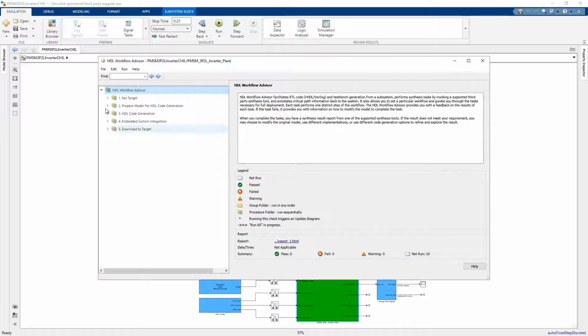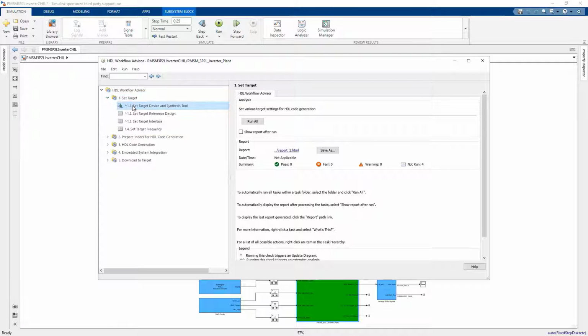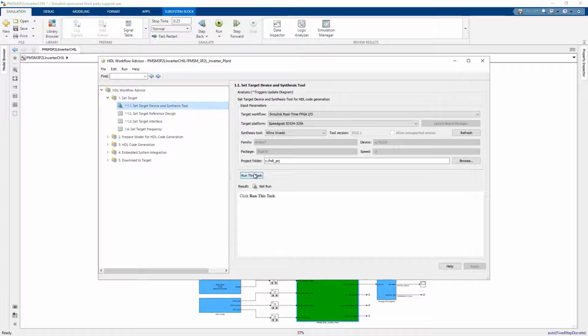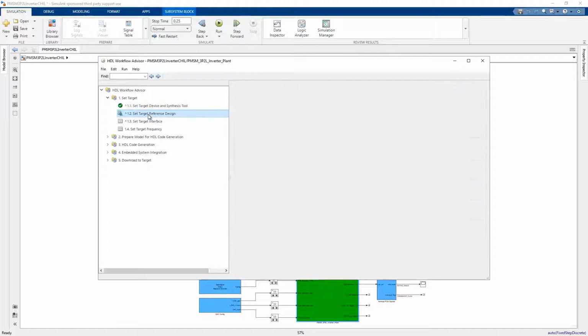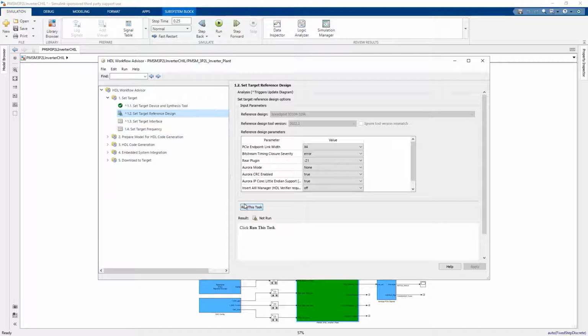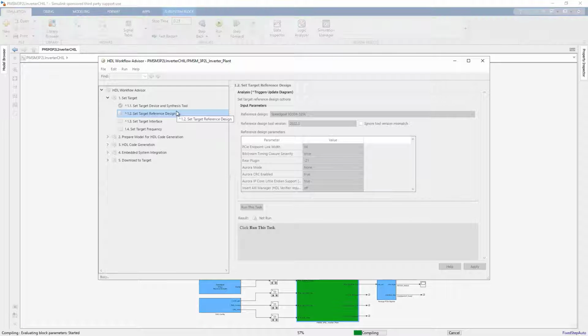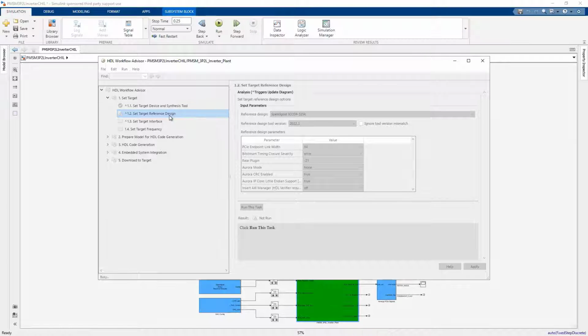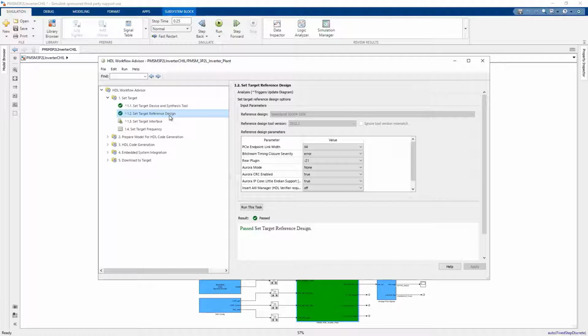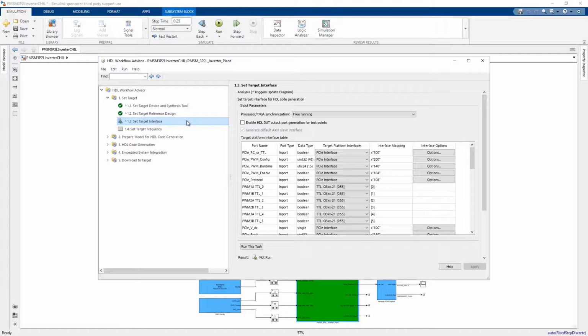You can choose the target FPGA and synthesize to input any relevant plugin, and in particular, for step 1.3, we can set up the interface parameters. This is where you need to map the input and output ports of the main block to the physical channels of your FPGA I/O.